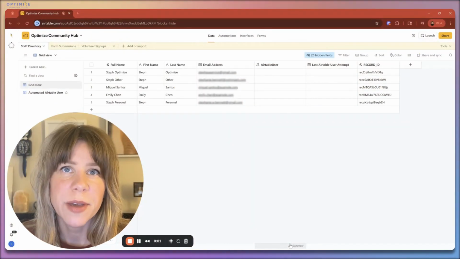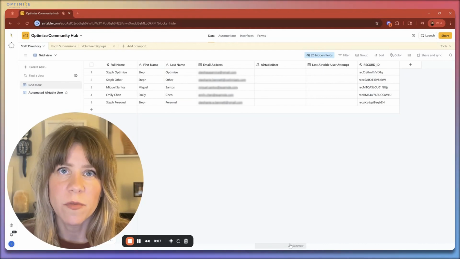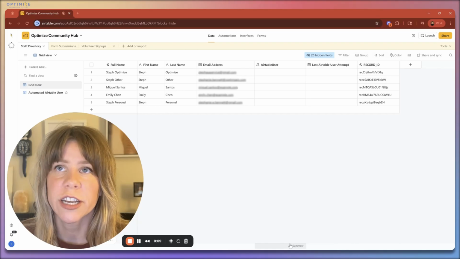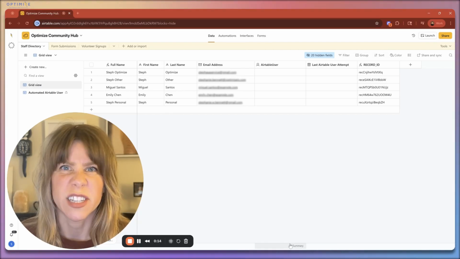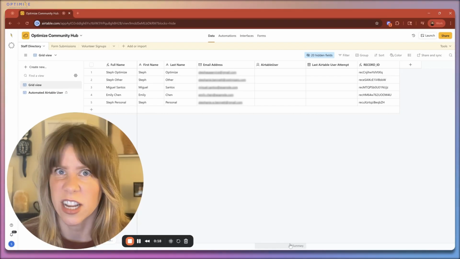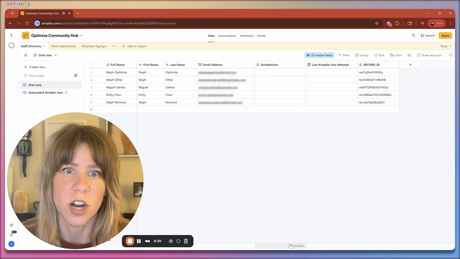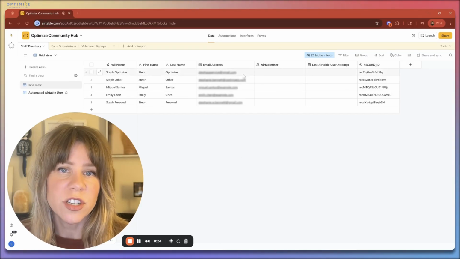So you don't have to have base access to track whether someone has an Airtable user ID. This could be helpful if you're looking at an employee directory or a member directory and you want to either do invitations at the interface level, or you just want to know the level of Airtable usage across the board. And what this would look like at the data layer is you can do a copy paste